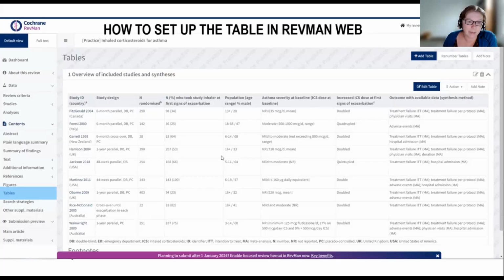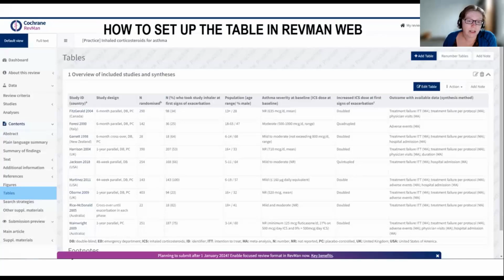And so in this particular example, again, this one's a little bit different to those I've discussed before. We do have one study ID. Text is a little bit small. Hopefully you can read it. One study per row, but they've noted the location of the study in that same cell, which is quite helpful. They've put in the study design. They've noted how long the study was, as well as what type of study. And they've got some abbreviations in there to tell you a little bit more about that particular study design. So whether it was double-blinded is one thing they've put in there, and so on,